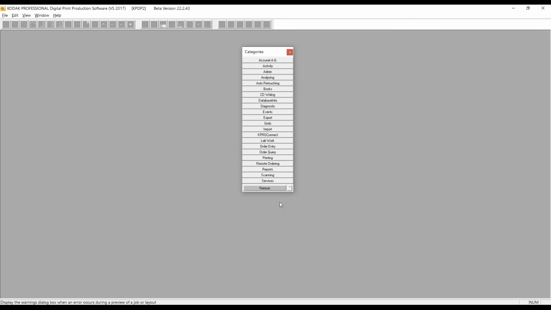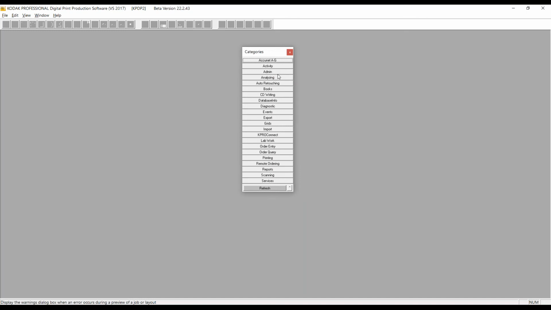So as an example, somebody in data entry would, of course, probably want to start with order entry. Someone in print production might never see anything other than the printing taskbar. There are a number of categories here that are specific to being able to do certain jobs. We have administrative taskbars that include all the features, access to all of the tables that an administrator or production